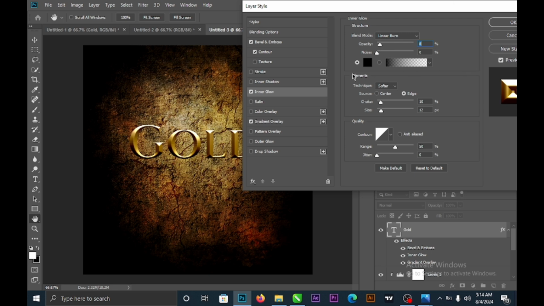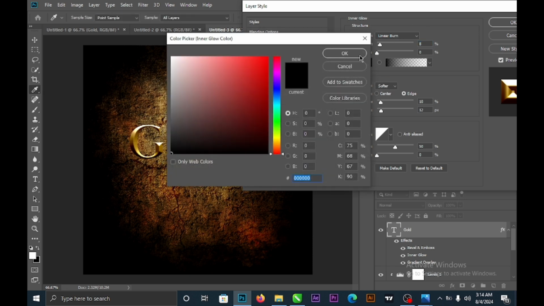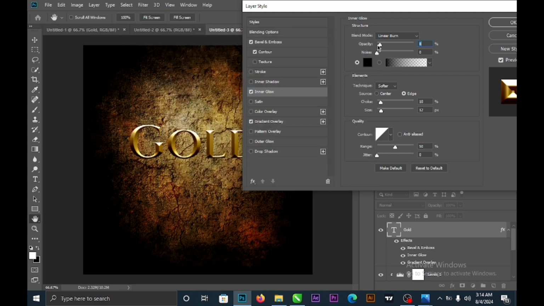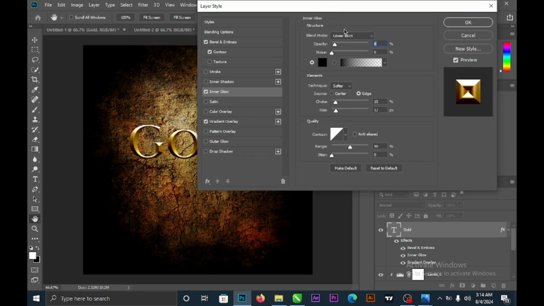Okay, the noise, we just leave it at 0, and the color we leave it at black. Now over to the technique, ensure it is set as softer, not precise, softer. Then the source, you check edge